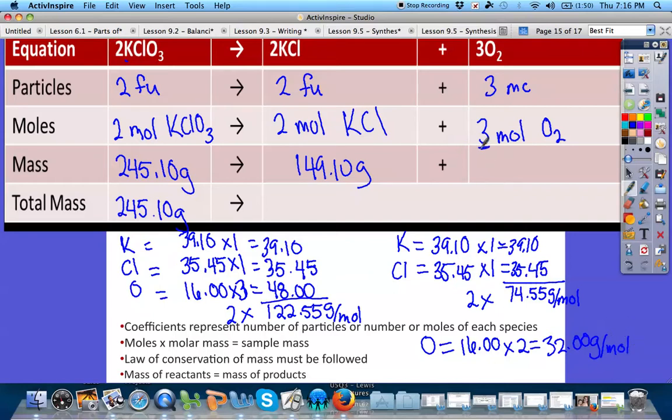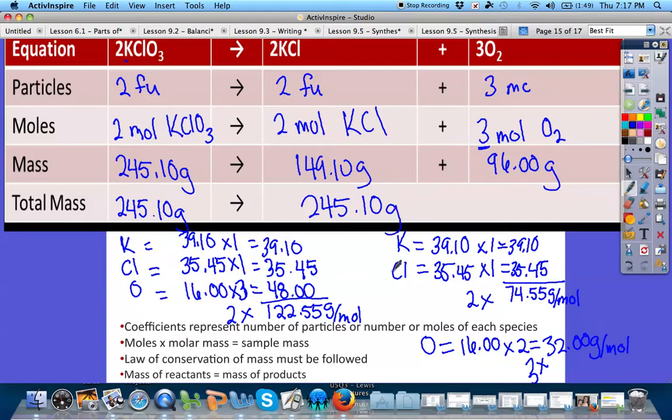But we have 3 moles, so we need to multiply that by 3. And this is going to give us a total of 96 grams. So now the total mass of our products, we're going to add 149.10 plus 96 grams, and we have a total mass of